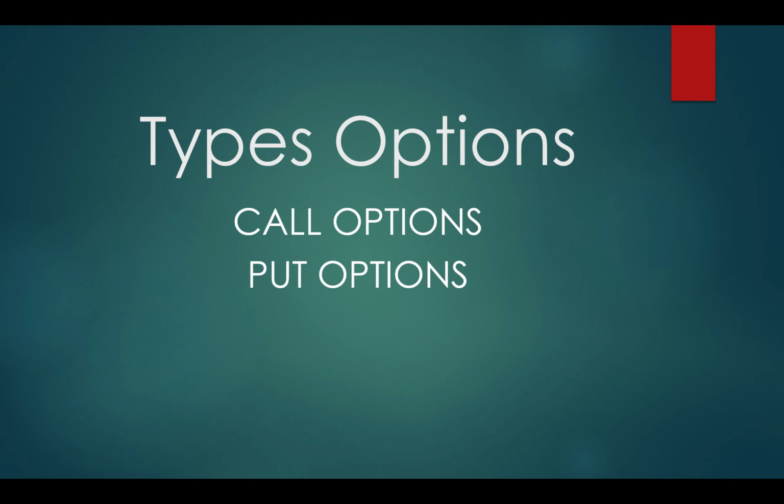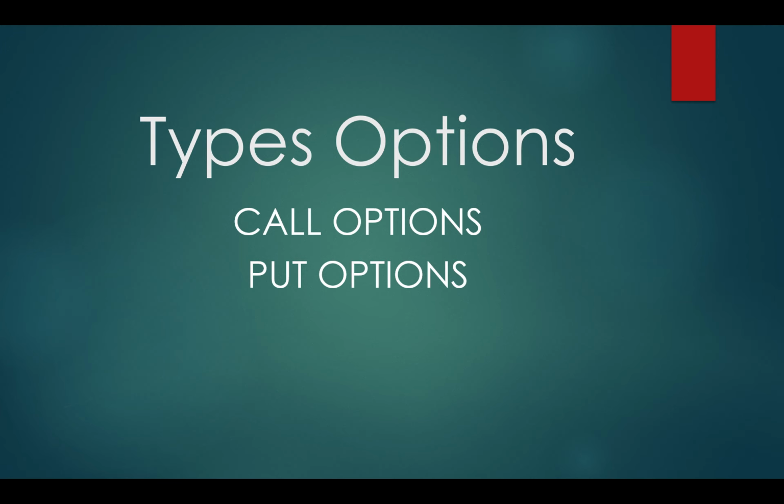There are two types of options: call options and put options. A call option gives the buyer the right, but again not the obligation, to buy something at a specified price within a specific time period. A call buyer profits when the underlying asset increases in price. One way to think about it is that if the price goes up, the owner of a call option has the right, but again not the obligation, to call away from the seller of the options contract the underlying asset